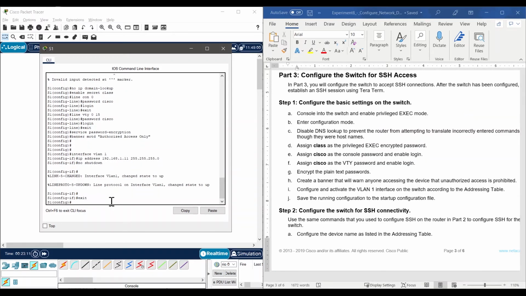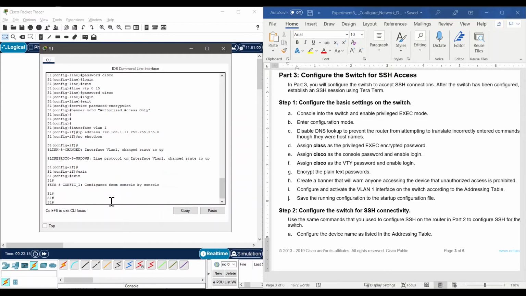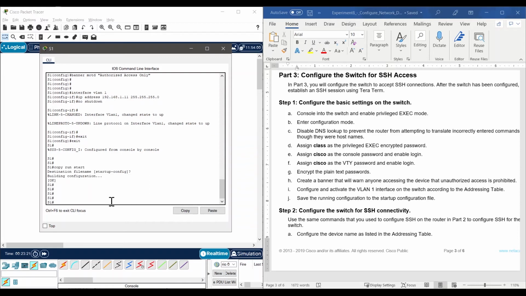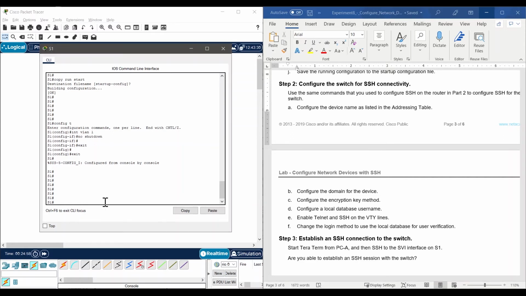So, exit lang tayo. Exit ulit. Tapos, copy run start. Ayan. So, step 2 na tayo. Configure the switch for SSH connectivity. So, dyan, gawin lang natin config T,